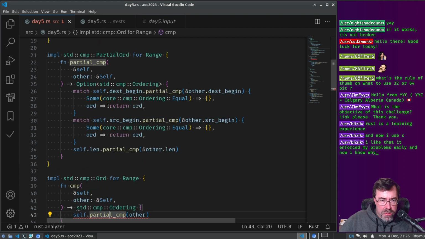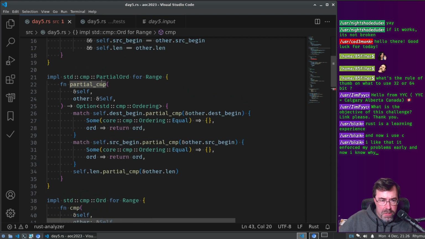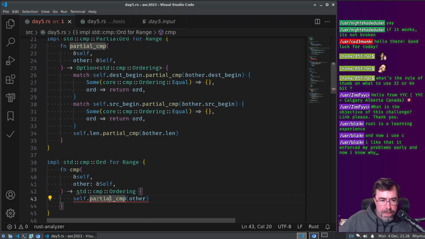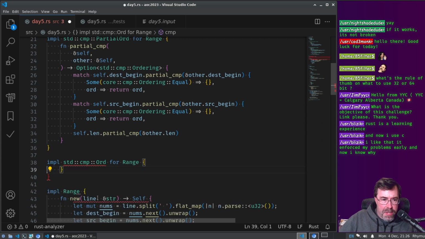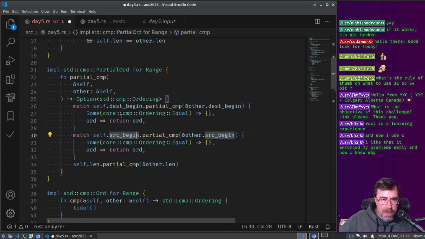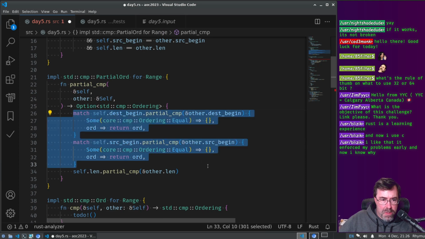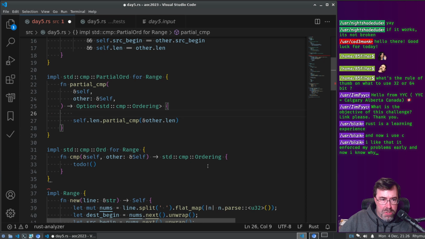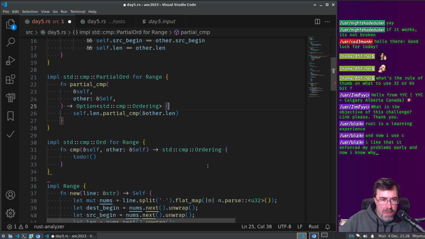Is it the other way around? The derive. Hold on. I think I got it backwards. I think this one you do partial_cmp. You just do Some.